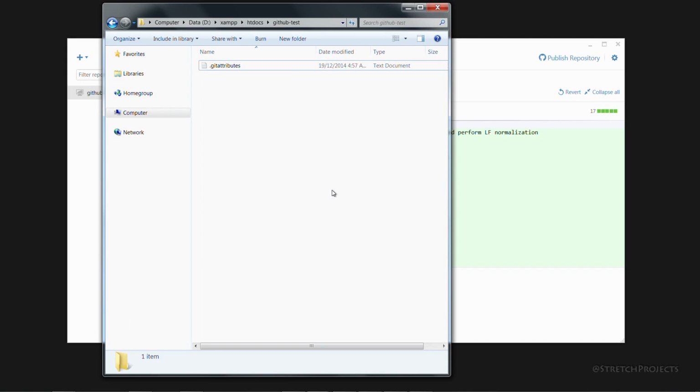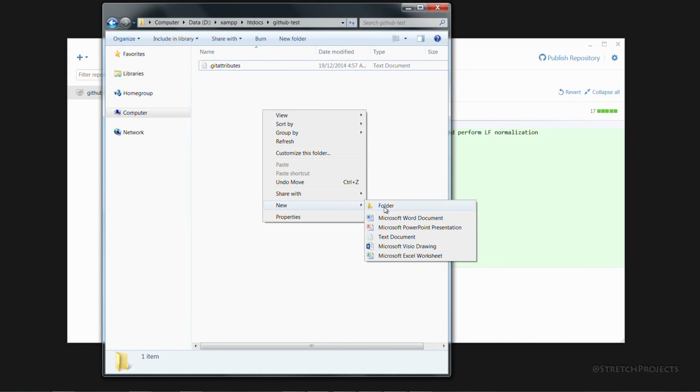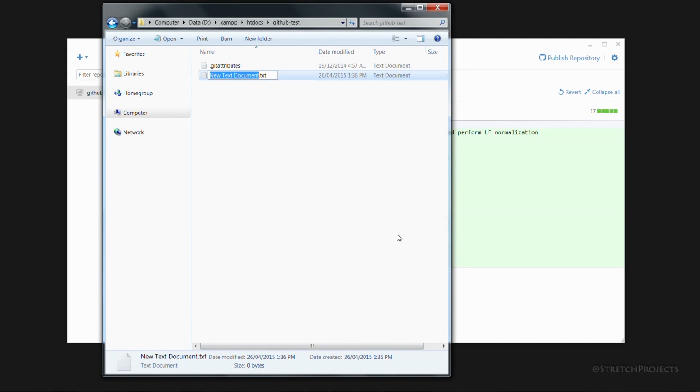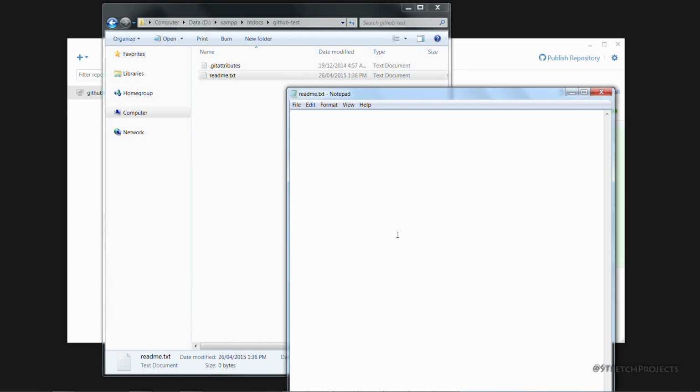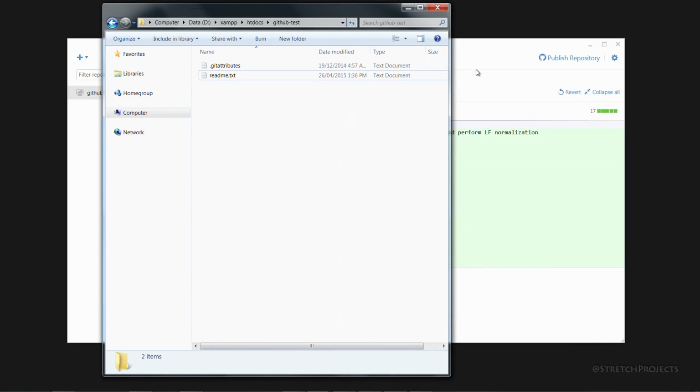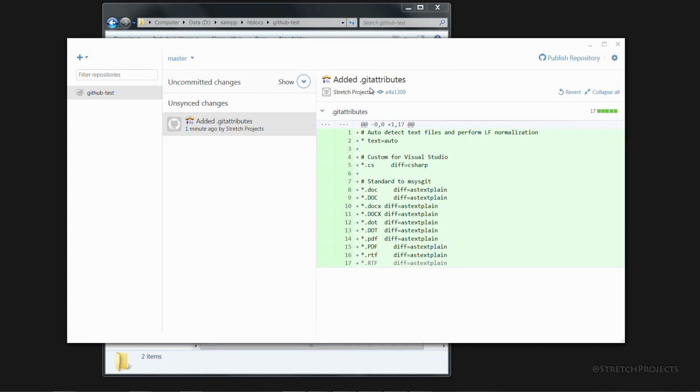What we can do, however, is create a new file of our own. So in this case we're just going to create a new text document. I'm just going to call it readme.txt. This will be the readme. If we save that and close it, and go back across to our GitHub client,